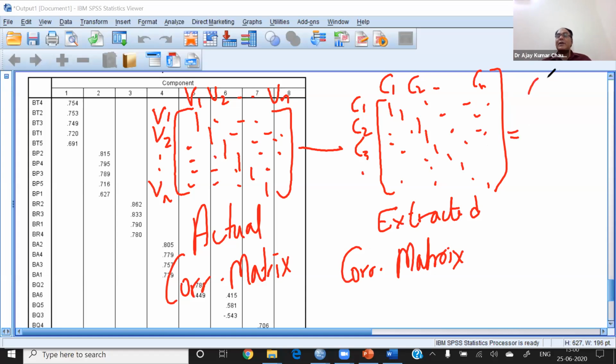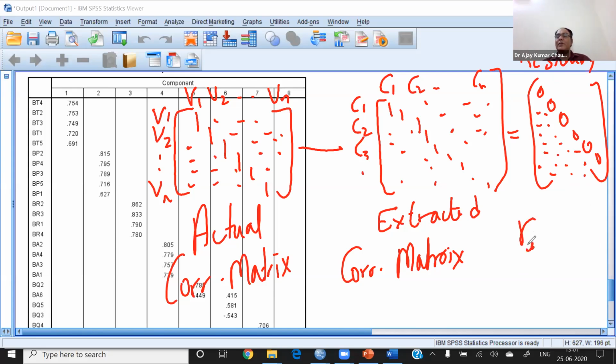And what is the residual? So this is called residual. Residual is the minus, right? So 0, 0, 0, 0, 0 comes because 1, 1, 1 minus 1, 1, 1 is 0, 0, 0. And these values are the differences between the original matrix and the extracted matrix. So we want all these correlations to be less than 0.05. So we want the correlation between i and j to be near 0,